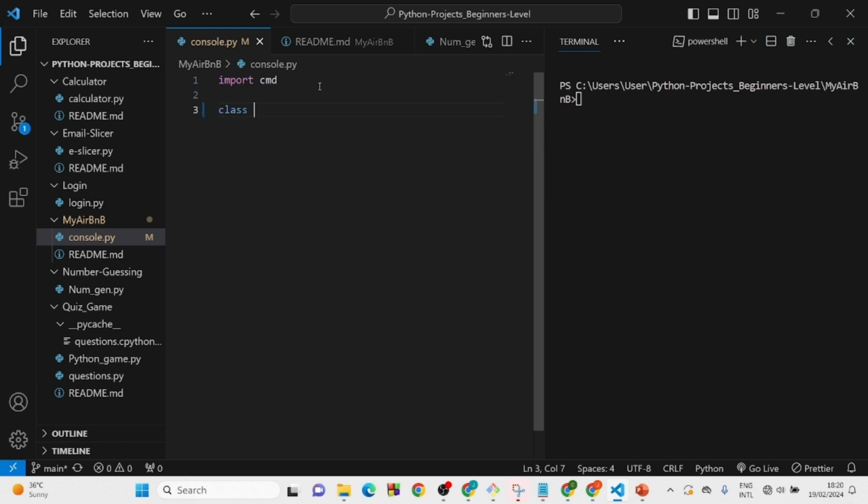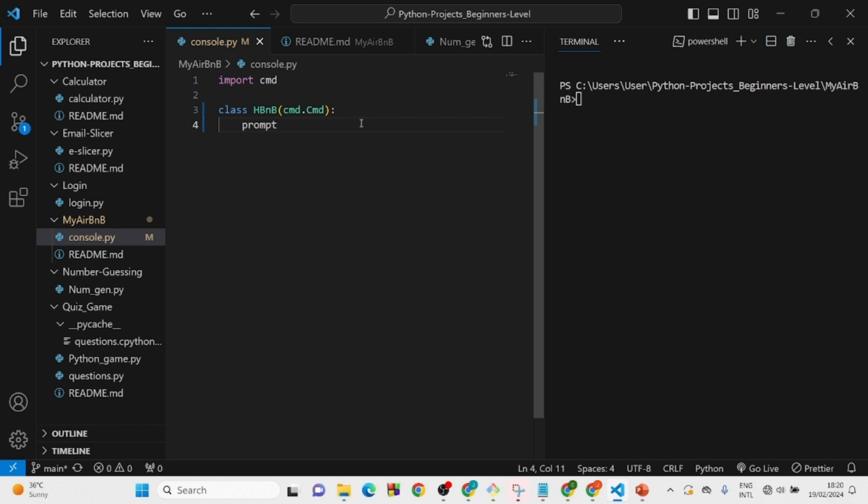I'm going to create a class and we want to call this, let's say, and pass cmd.Cmd as that argument. Like I said, the implementation will help you understand more of how all of this works. So after we pass that, we are going to